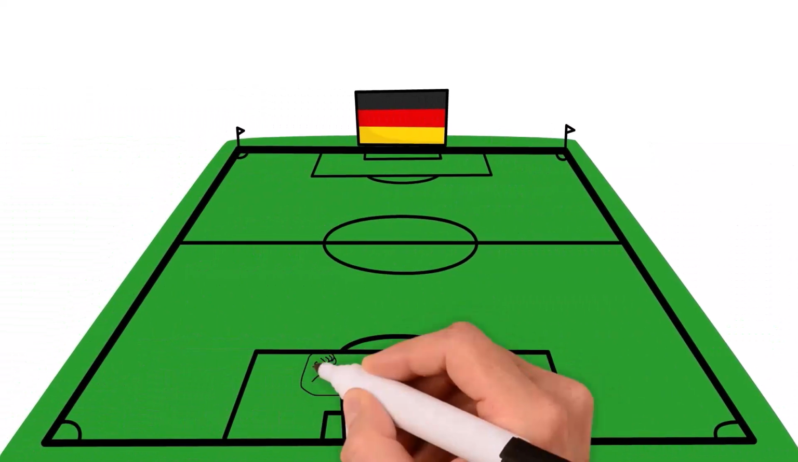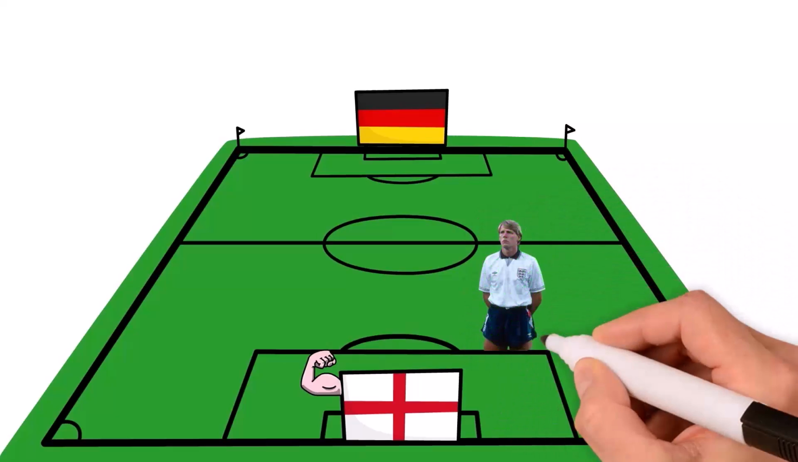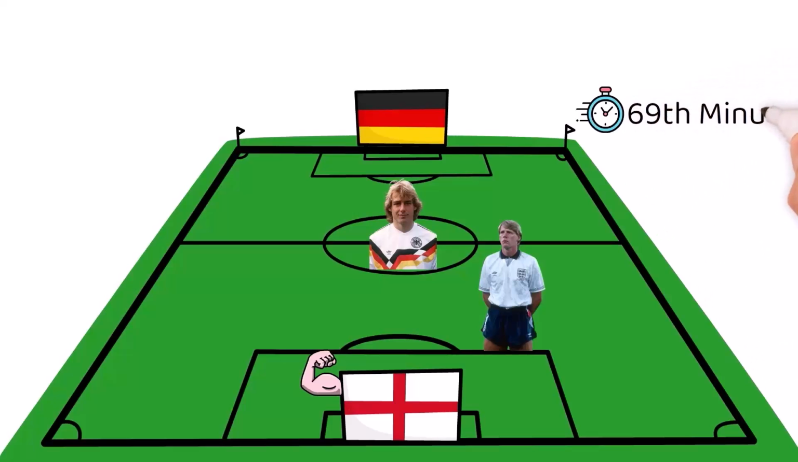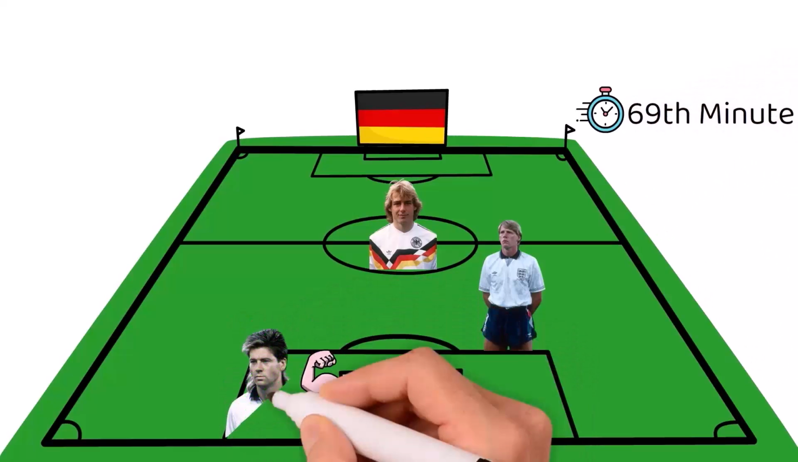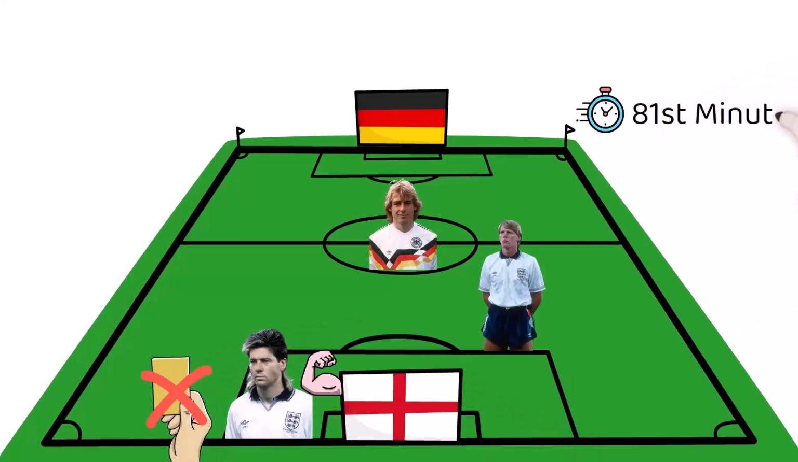Despite going behind, England did not drop their heads but instead fought back well. Pearce just missed a header after another fantastic cross from Gascoigne. In the 69th minute, Waddle was brought down in the box, but the appeals for a penalty were waved off. In the 81st minute,